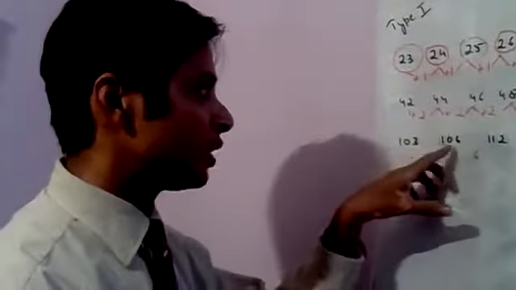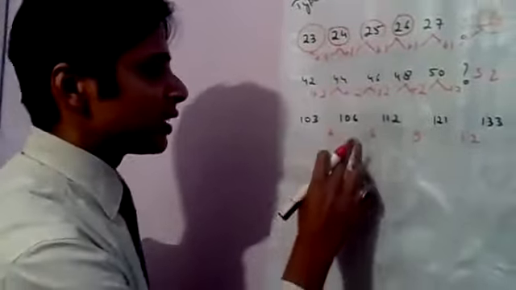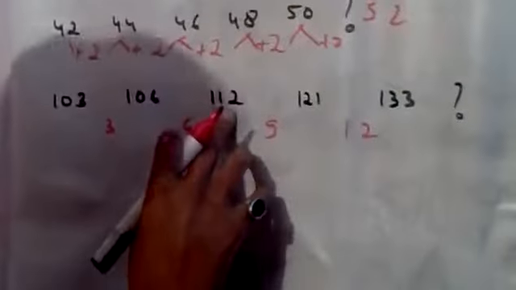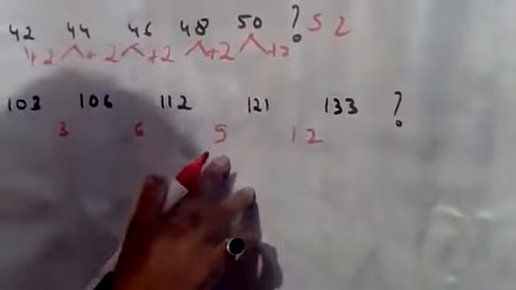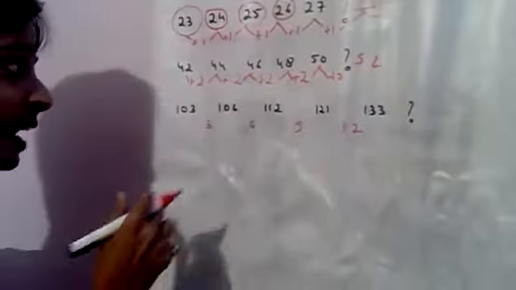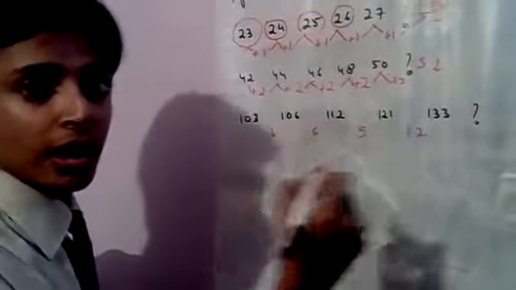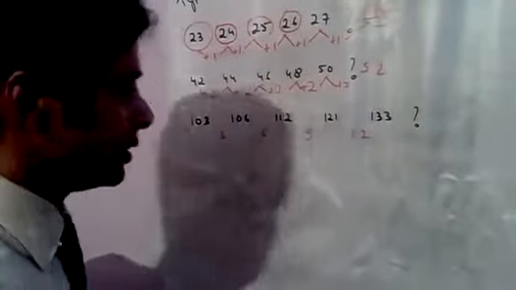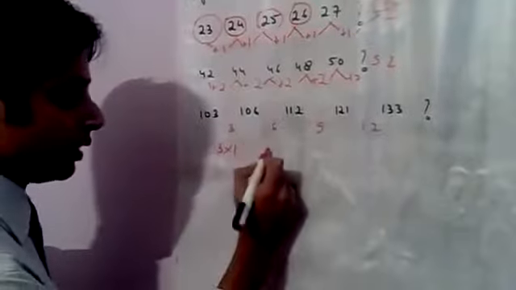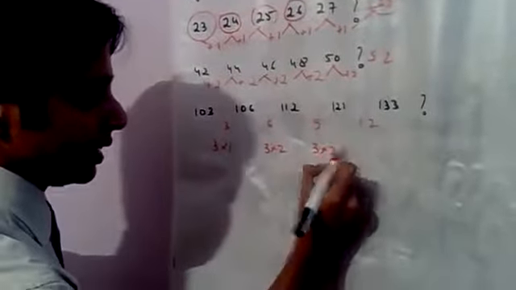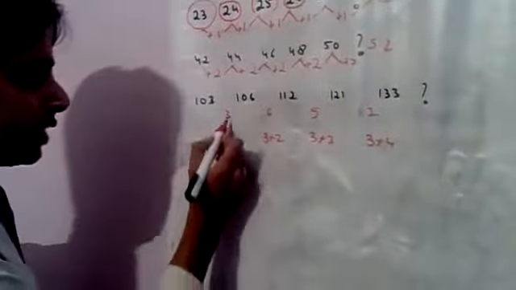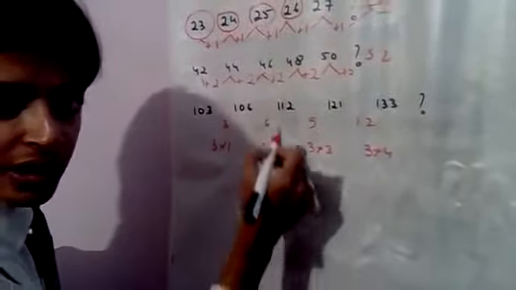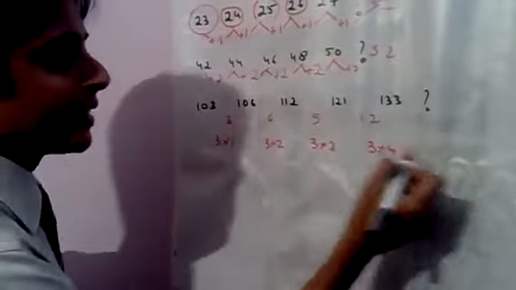Okay friends, can you see the pattern in this question? This is a very interesting question. 103 and 106 have a difference of 3, 106 and 112 have a difference of 6, 112 and 121 have a difference of 9, and 121 and 133 have a difference of 12. That is, every time 3 is added to the difference. Or to put it very simply, this is the table of 3 going on in the differences. 3 ones are 3, 3 twos are 6, 3 threes are 9, 3 fours are 12, and next is 3 fives are